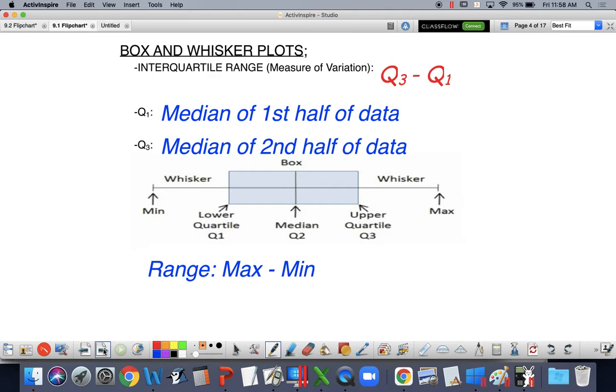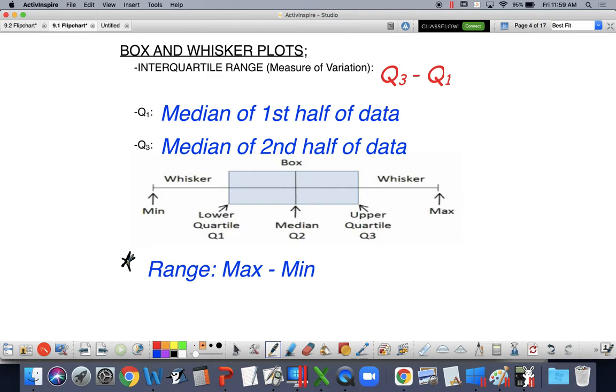Sometimes, though, we just want to see the range, right? What was the highest score that somebody got, and what was the lowest score that somebody got? So this, I know that it's not listed in your notes right now as a definition, but I would write this one down, because it's going to come up. I have it repeated a couple times, but add range into your notes where we just calculate the max versus the min. It's not the interquartile range, which is just kind of those middle points. It is the full range of data points that we were able to see.